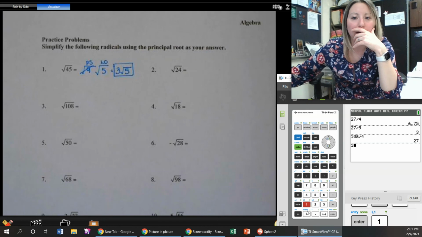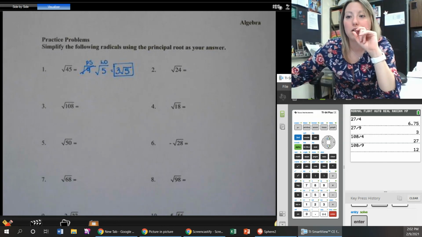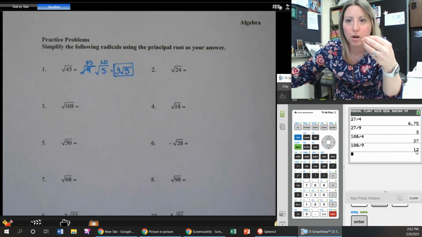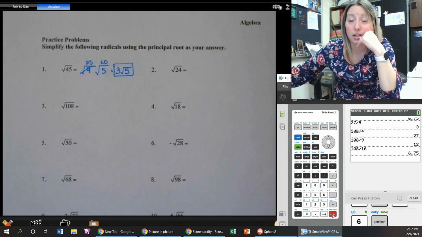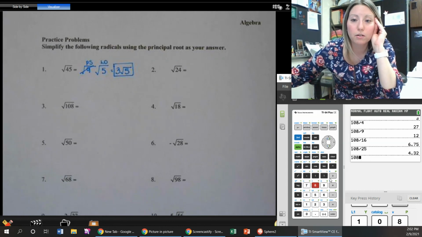Let's try 9. 108 divided by 9. Okay, that evenly works. But again, 12 divides by a perfect square. So I'm not finding the biggest perfect square yet. Okay, well, let's try the next one, which is 16. So 108 divided by 16 does not give me an integer for a leftover. So let's keep going. My next one is 25. Okay, does not give me an integer for a leftover. So let's keep going. 36 is the next one. We're starting to get high numbers,